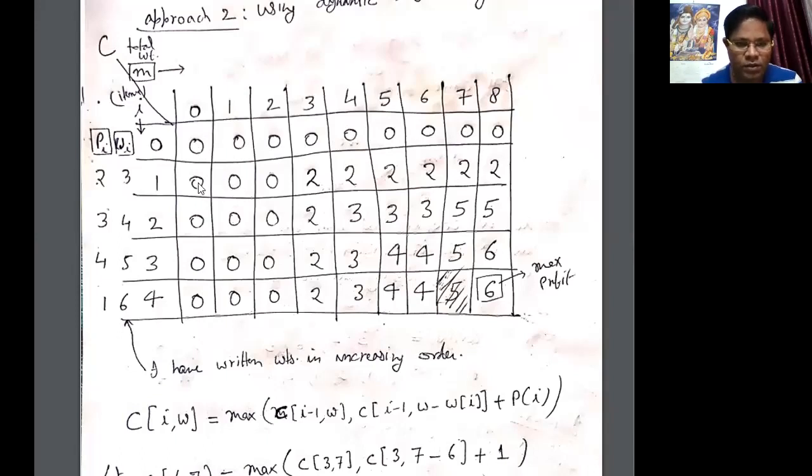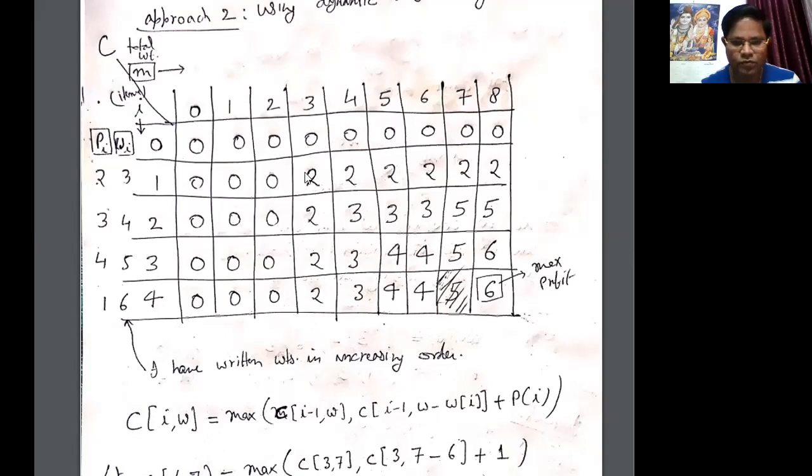Now let's come to the second row. This means i equal to 1, it means we are placing the first item. Since the maximum capacity is 1, you have to fill this entry. For the first item, the weight associated is 3, so we are not successful in placing that item in capacity 1, since 1 is less than 3. So we keep on searching until we reach the weight 3. Here our weight is 3, so we are coming to this position.